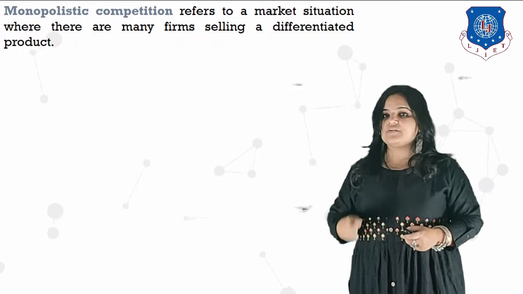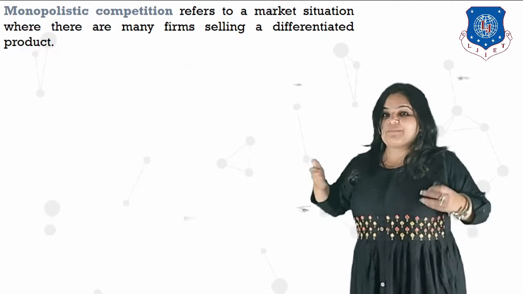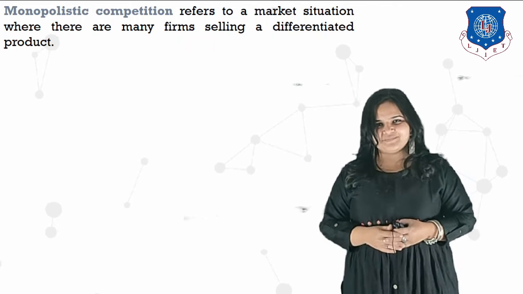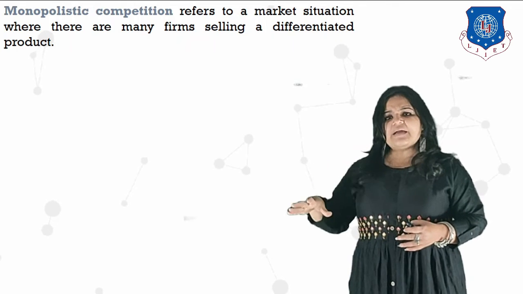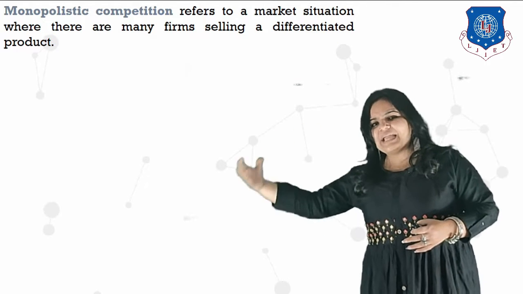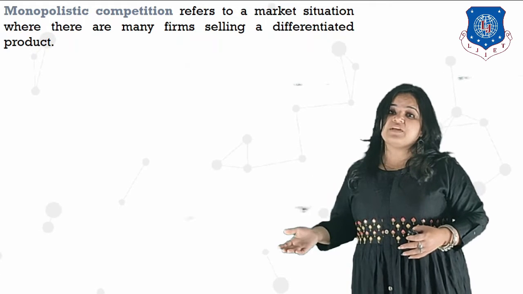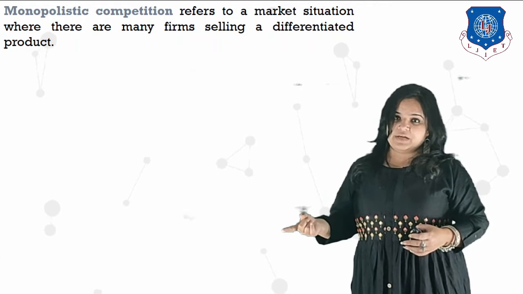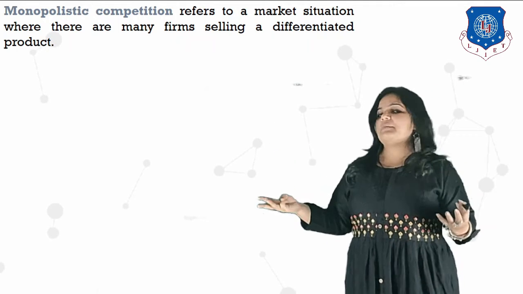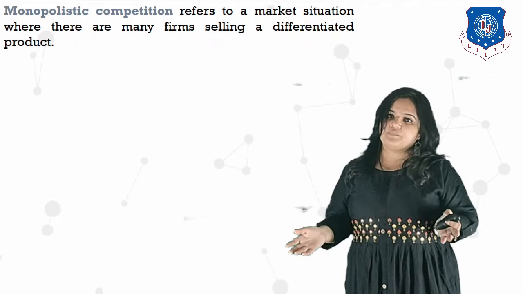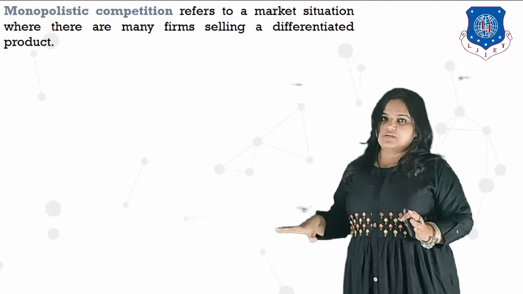This is a real scenario. My apples are different than his apples. Mine are of better quality. That is monopolistic competition. I am selling the same type of product, but my product is different from other sellers in some way. The color might be different, the price might be different, the quality might be different, anything. Here, there are large number of sellers.